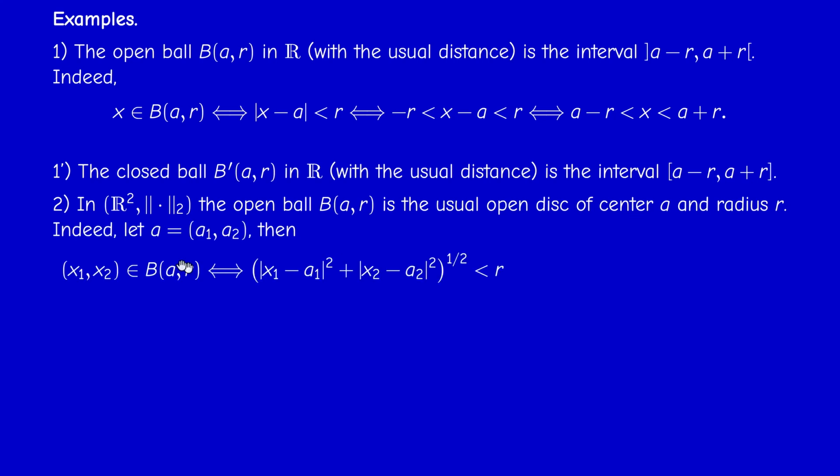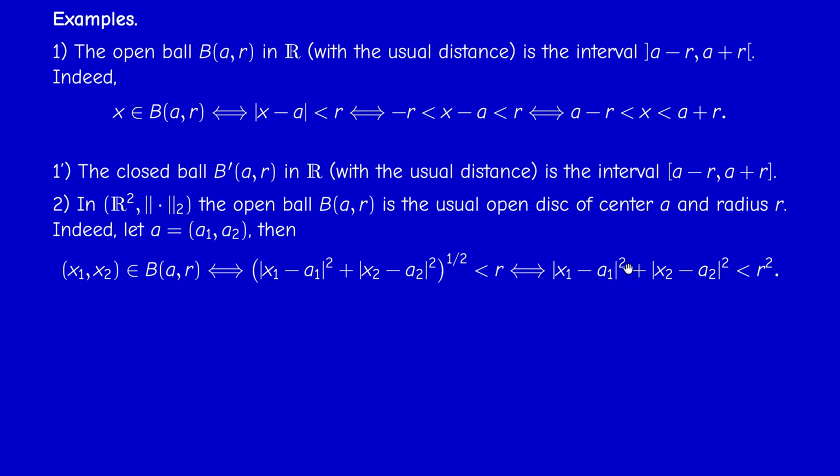Because a couple (x1, x2) belongs to this ball if the Euclidean distance is less than r, but the Euclidean distance is just, by definition, the first component minus first component, second component minus second component squared, of course, and then take the radical. And if this is less than r, this happens if and only if, when I square,